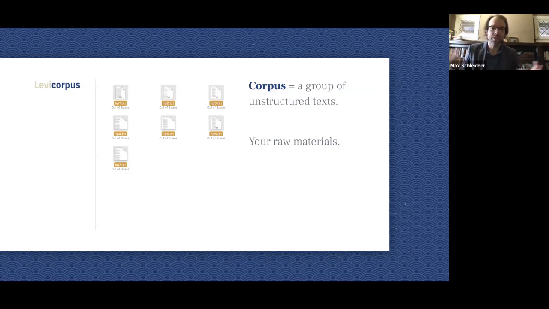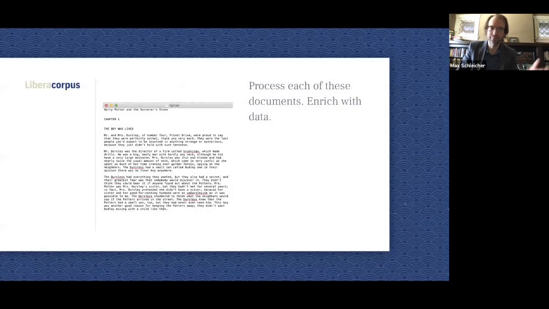And a corpus is just our group of unstructured text. And so in my analysis, that's going to be the 7 different Harry Potter text files. And these are your raw materials, just the actual text of all of the books. So to work with these texts, we're going to use the library corpus here. We need to process each of these documents and clean them up in some way or enrich them with data. So if you just look at the open text file here,